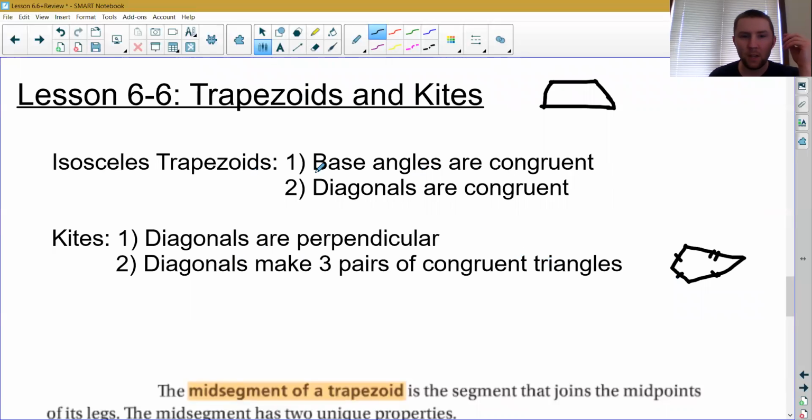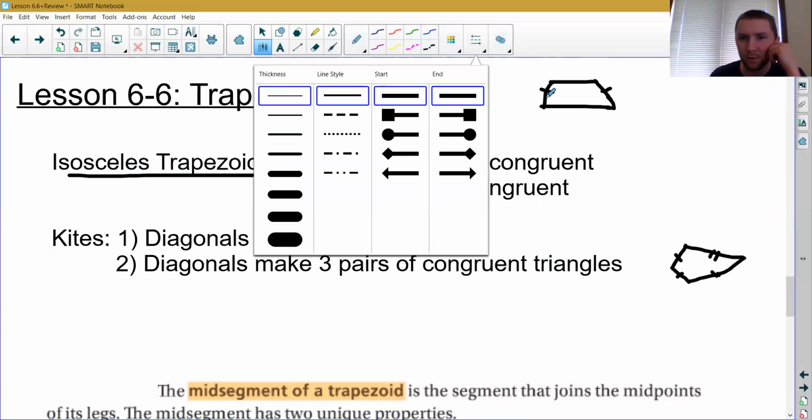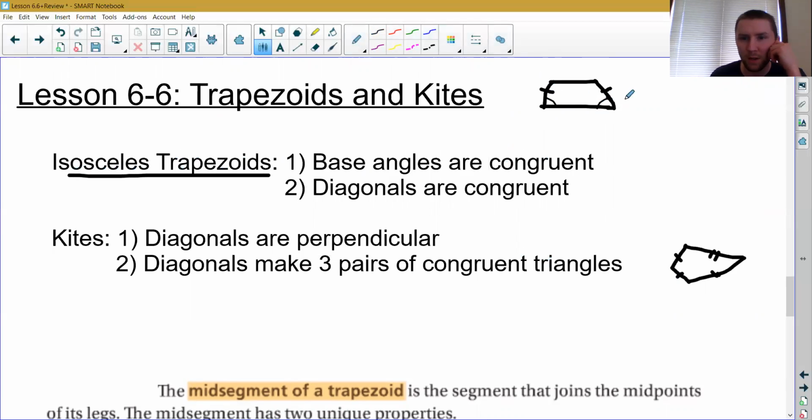So trapezoids and kites. We had a couple properties of those as well, which I've listed here. The trapezoid properties were only about isosceles trapezoids. And remember, that means that the two legs, meaning the two not parallel sides, would be congruent to each other. The two non-parallel sides are congruent. So in those isosceles trapezoids, we have base angles that are congruent. And remember, base angles are just any angles along the base. So down here across the bottom or up on the top, those angles along the same base have to be congruent. And then also the length of the diagonals is congruent.